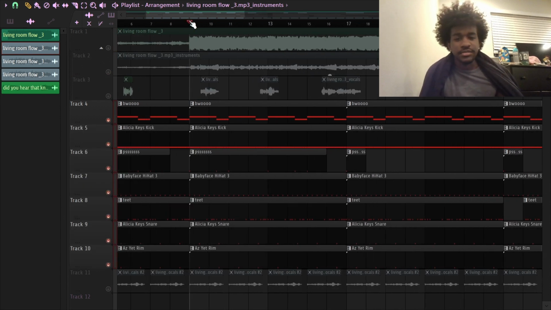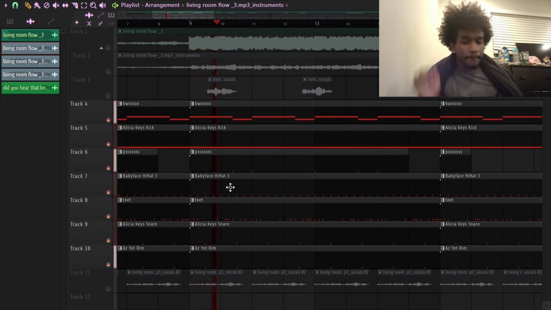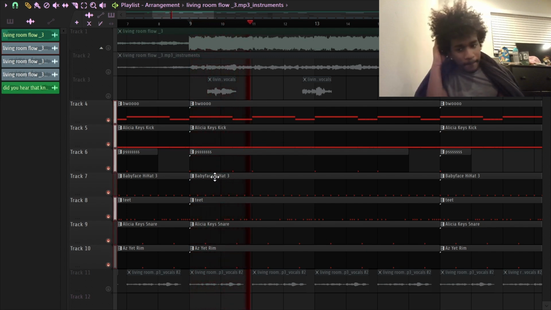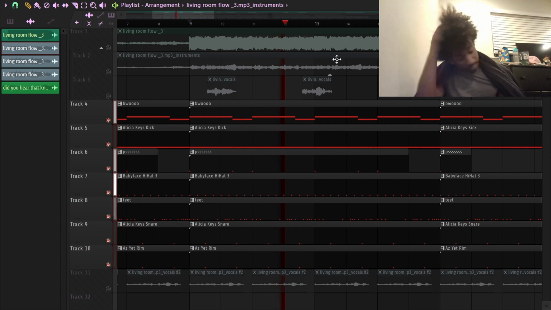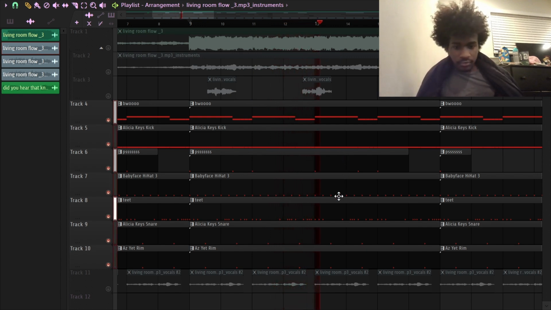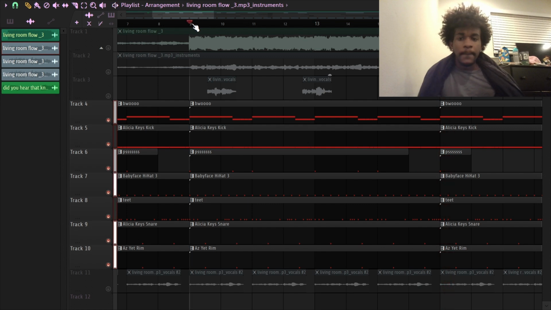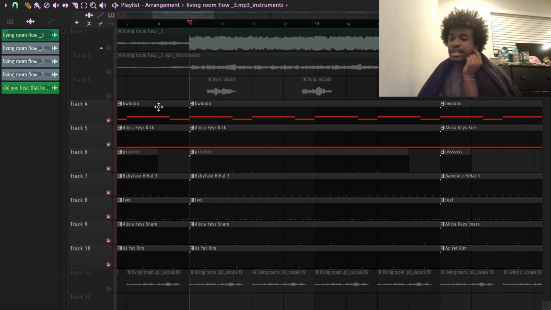It's really basic drums. I took more basic drums because with these type beats, there's a lot of space for the artist to do whatever they need. Even in the original song,